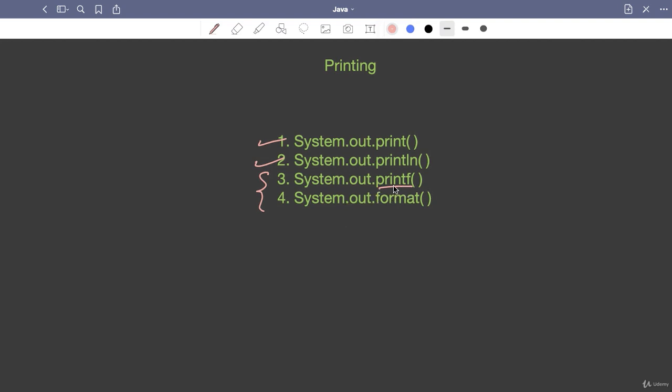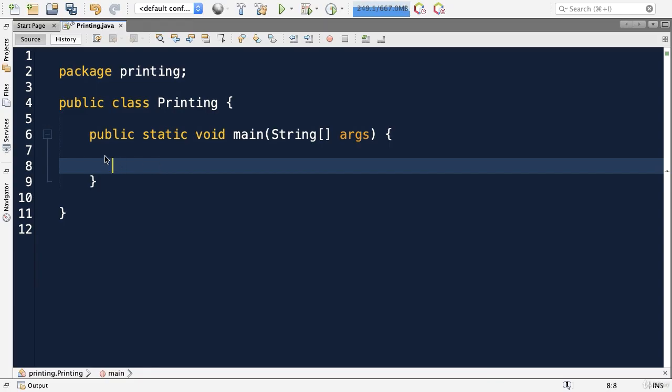So let us learn it as a fresh topic. What is system.out.println, and this format is also similar. First of all, I will use this method and show you. So in this program, I will type